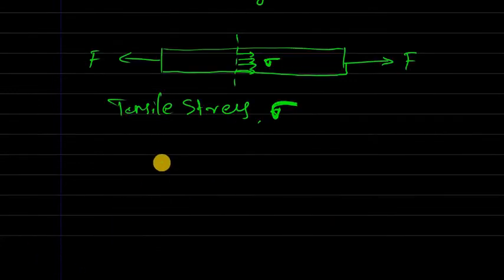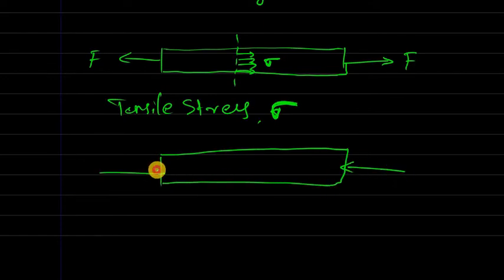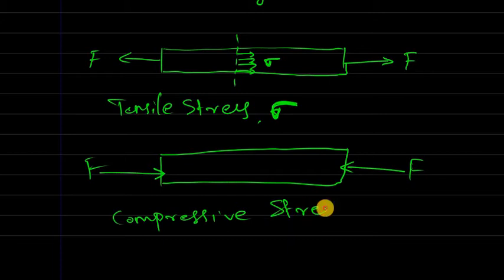If the direction of this applied force gets reversed, what happens? If you are applying the force like this, then the body gets compressed. So a compressive stress is developed inside the body. If you take a section, then we can see a stress on this portion. I have just marked it as acting in the negative direction. So tensile stress and compressive stress are normal stresses. The stress acts normal to the plane. Here we have considered one plane and the stress is acting normal to that plane. Here also we have considered another plane and the stress is acting normal to that plane.